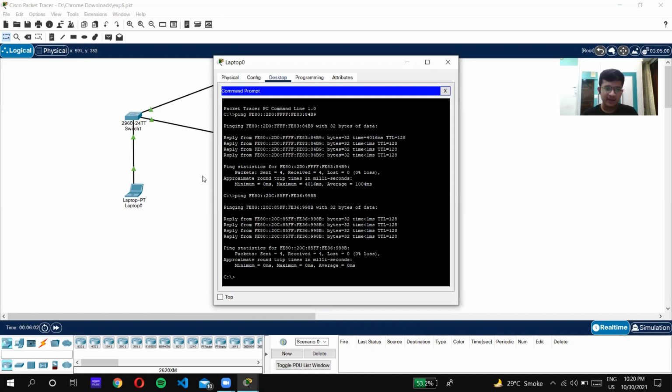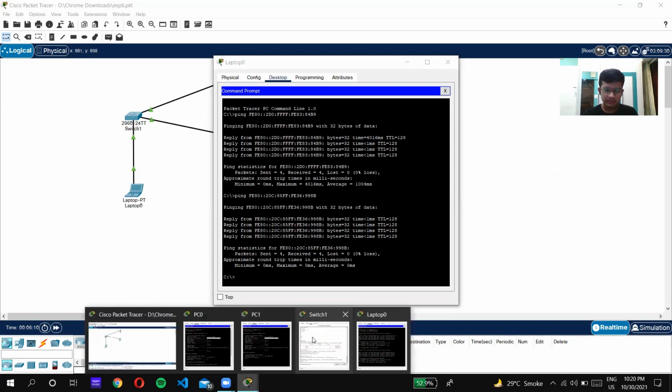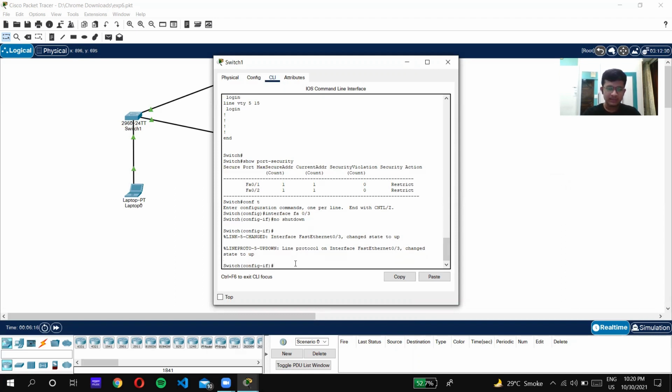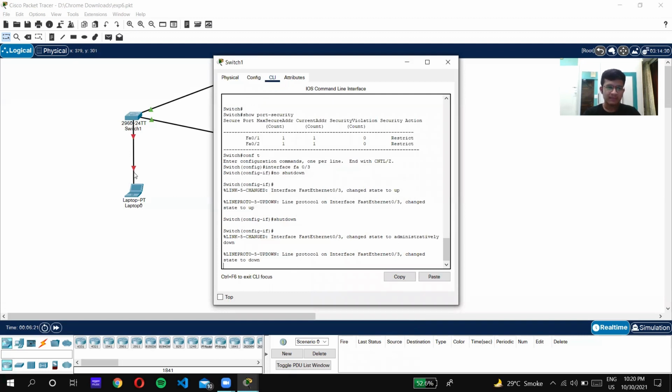Just to verify that it is really working, we will for now disable this port. Let's see how we can do that. In this, I'll type shutdown. As you can see now, laptop 0 has been shut down from the switch.